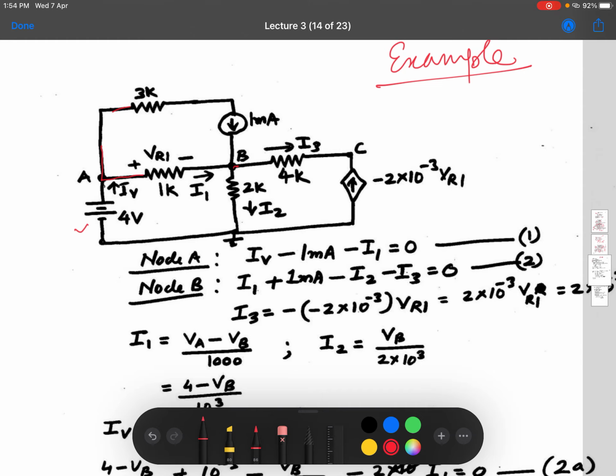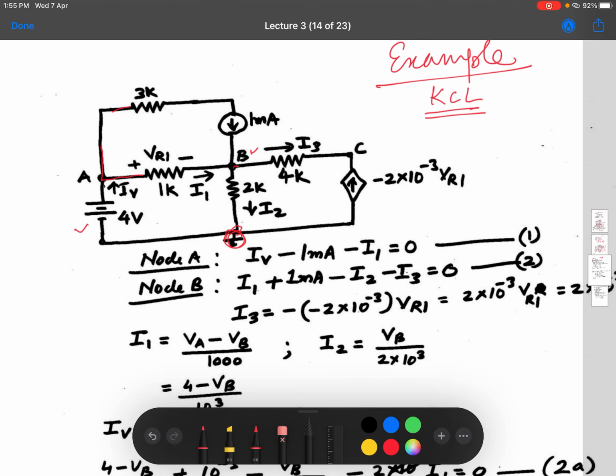Now for this, if I want to write KCL, I cannot apply the method by inspection, because not everything will come easily into a current source form. So let's try to write the node equation first from first principles, which we have done. There are three nodes, A, B, and the third node we have taken as the reference, so it is 0 volts.